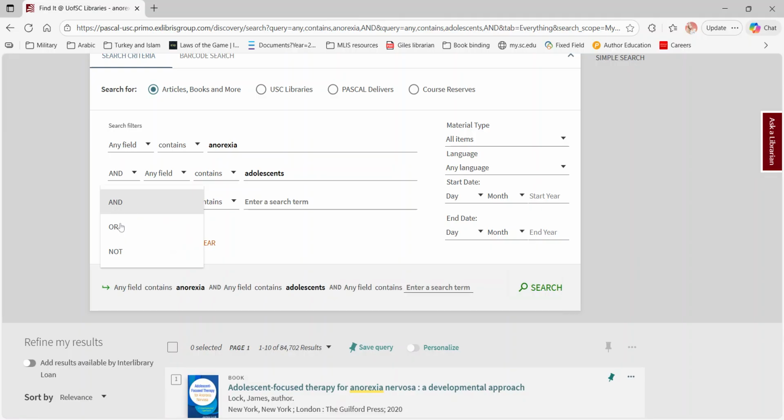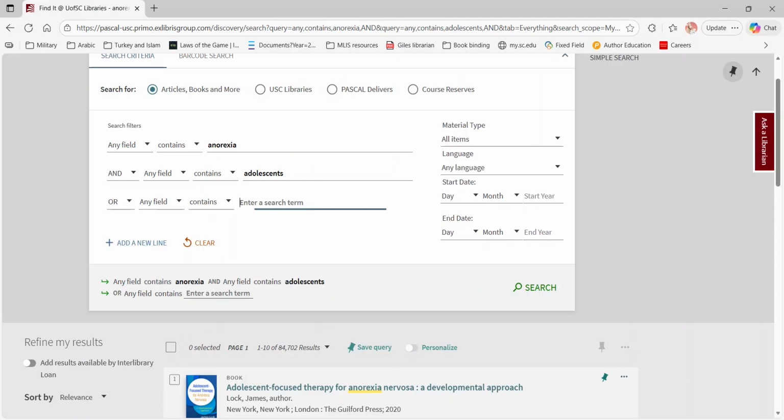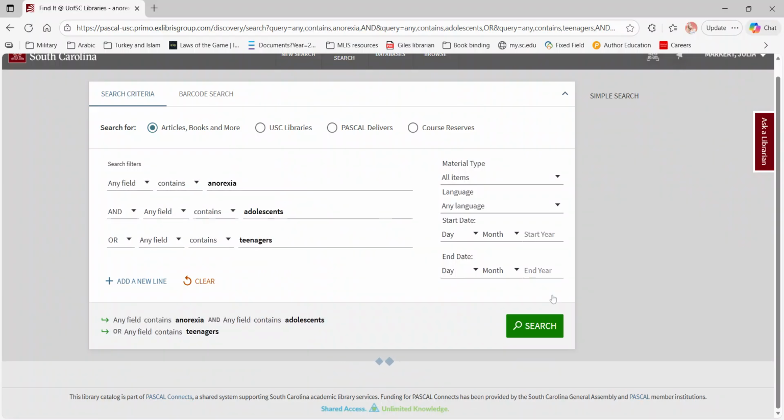So if I wanted to add or, that would be in the case of connecting two or more concepts. So that usually they're similar. So if I wanted to add in teenagers, because it's similar to adolescence, but if I'm looking for more research and more sources, these two words are similar enough, and I could find more sources if they use the word teenagers. So if I click search,